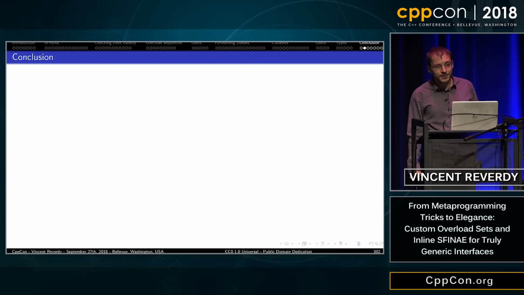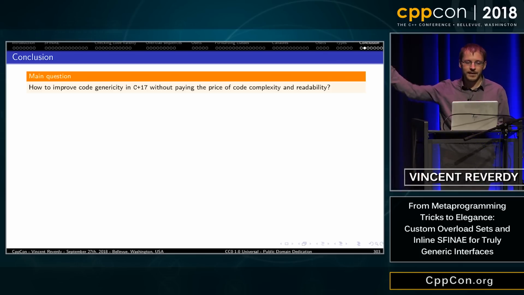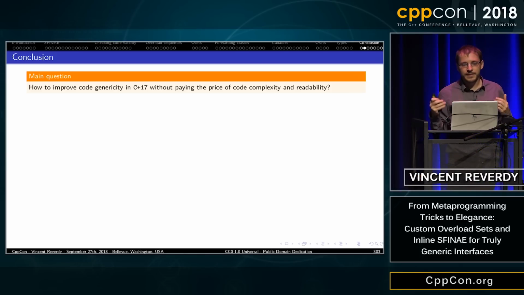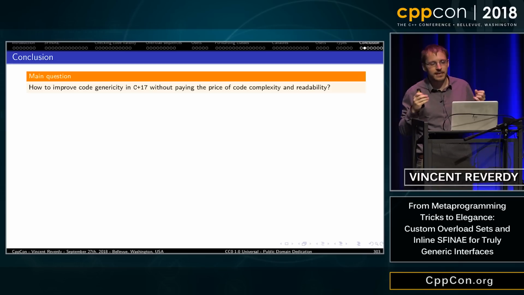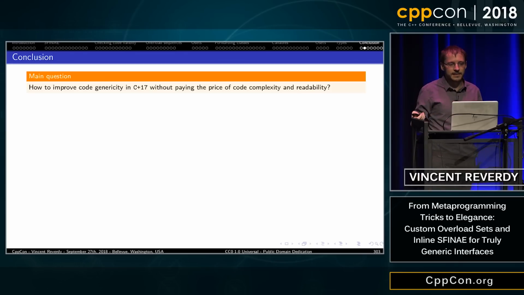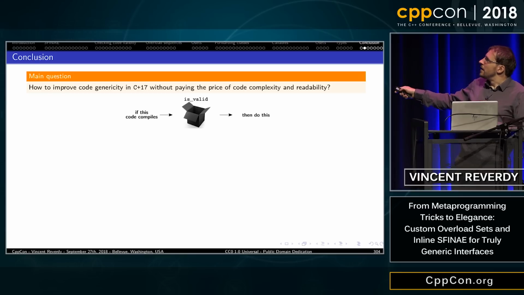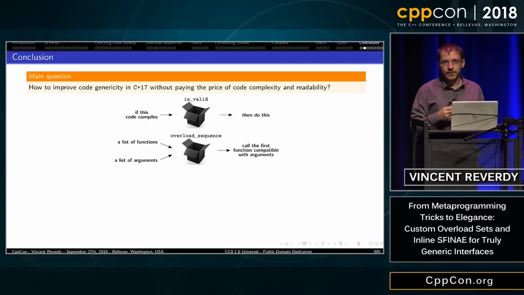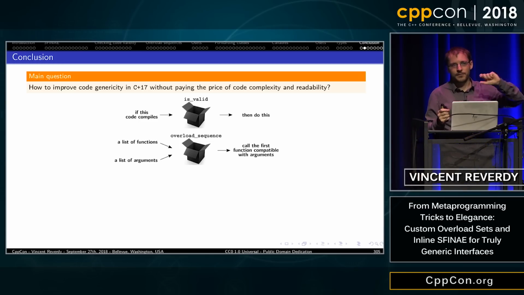Great. So in conclusion, the main question I was asking is how can we improve code genericity without paying the price of code complexity and readability? I showed 4 different things. Something that checks whether an expression compiles or not and returns true or false depending on that. Then an overload sequence that will pick the first function or the first callable that is callable on a list of arguments.